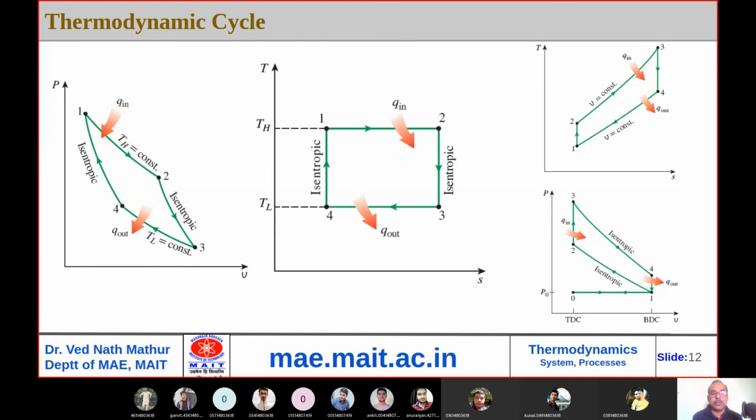ये फॉर्मूला आपका सही है, लेकिन ये डी क्यू और प्रैक्टिकल डी क्यू में थोड़ा सा फर्क है। हाँ जी सर, जैसे हमारे प्रोसेस होते हैं वो परफेक्टली क्वासी स्टैटिक नहीं हो सकते, मतलब कि हर स्टेज पे इक्विलिब्रियम नहीं मेंटेन हो सकती। जैसे अगर हम थ्योरेटिकल कार्नोट साइकिल की बात करते हैं पीवी डायग्राम में, और उसी का एक थ्योरेटिकल टीएस डायग्राम बनाते हैं, तो फिर इस केस में जो क्यू इन और क्यू आउट है वो रिवर्सिबल होगा ना? हाँ, आपने बिल्कुल सही कहा, इसमें जो क्यू इन बाय टी है